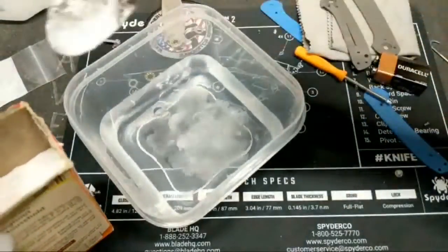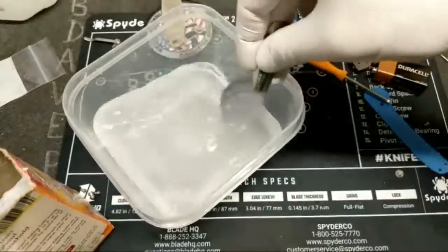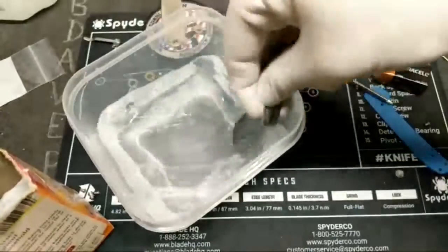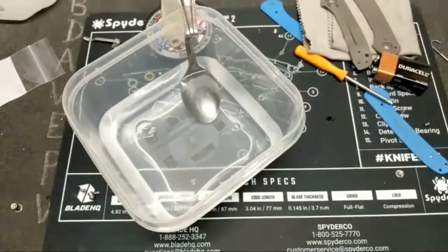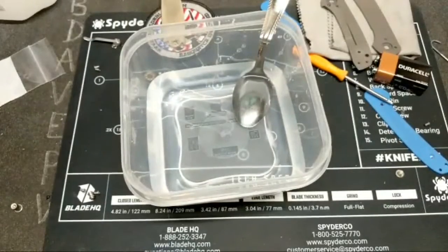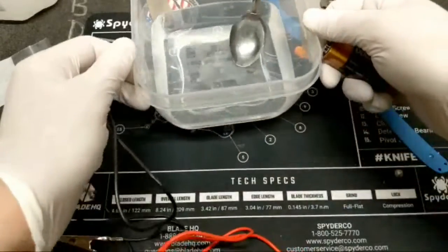All right, next thing we're going to put in some baking soda. You can use baking soda or borax detergent or something, and I've heard of people even doing Coca-Cola. But you definitely need something in there, because I tried plain water with nothing and it definitely doesn't work. All right, so we got that. Now we're going to hook up our battery. So all you got to do for this anodizing is